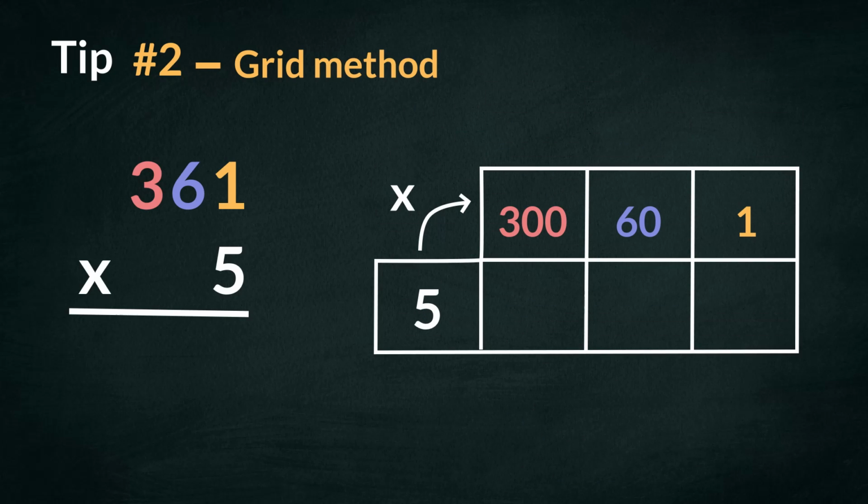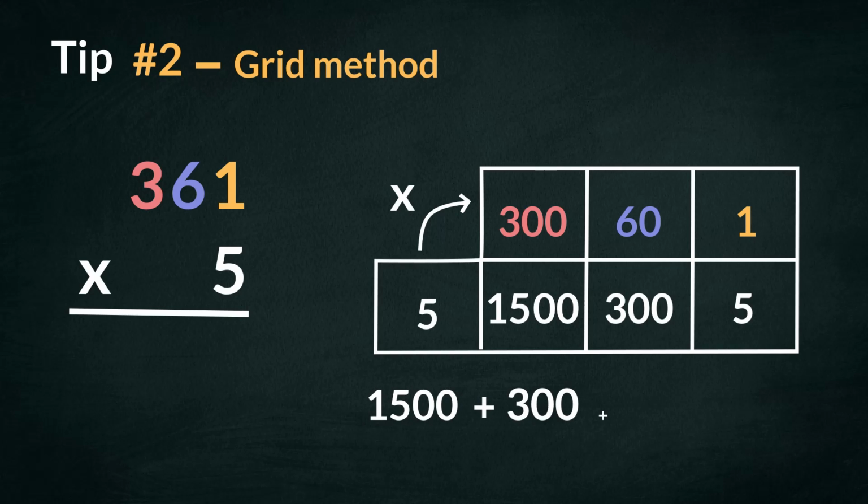Okay, let's start with 5 times 300. Remember our first tip? We take the zeros away, multiply 5 by 3 to get 15, then put the zeros back to get 1,500. We'll do the same thing with 5 times 60 to get 300. And 5 times 1 equals 1. Finally, we can add all these numbers together to get our answer. 1,500 plus 300 plus 5 equals